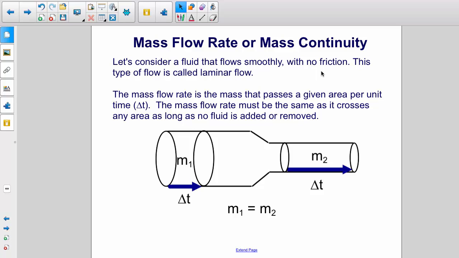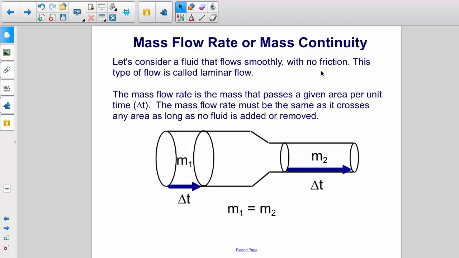Let's consider a fluid that flows smoothly with no friction. This type of flow is called laminar flow. The mass flow rate is the mass that passes a given area per unit time, delta t. The mass flow rate must be the same as it crosses any area as long as no fluid is added